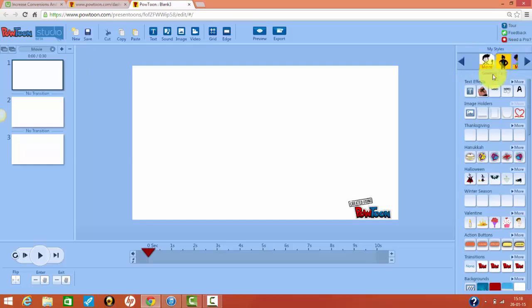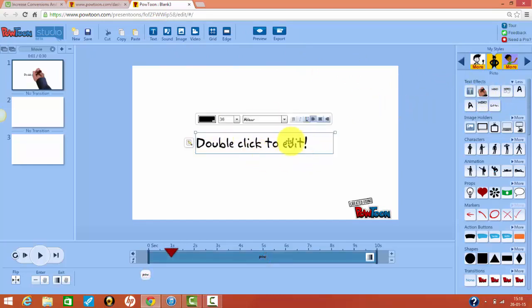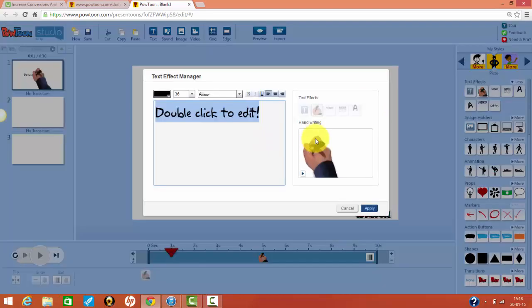So let's go back to the one we selected. And if you click on more, these are all the text effects that you can put in your video. The first one is similar to this one. It's basically a lack of text effect. This one is handwriting. Let me show you. You'll get a couple options. If you click on here, you'll be able to edit, or first if you type in your text,